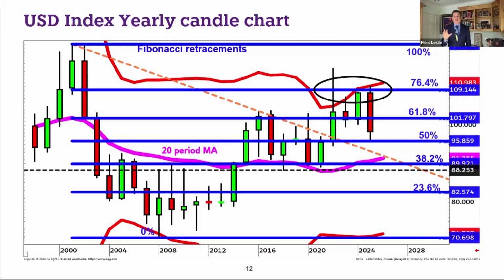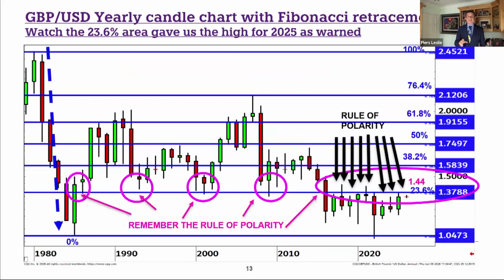So my closing line on the dollar is, yes, it had a negative year last year. Yes, it could go lower, but don't write it off too soon. These things come back. Any sort of event that panics the world, you could find the dollar back in vogue. Right, so that's the dollar index. Let's look next at the next slide.